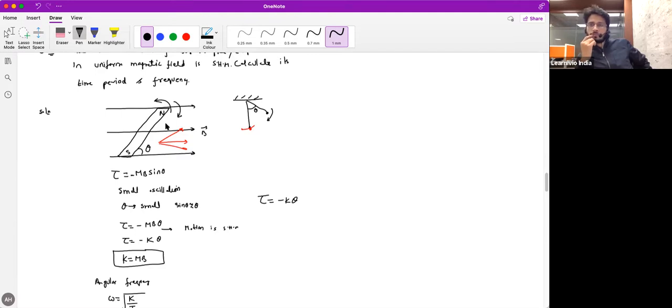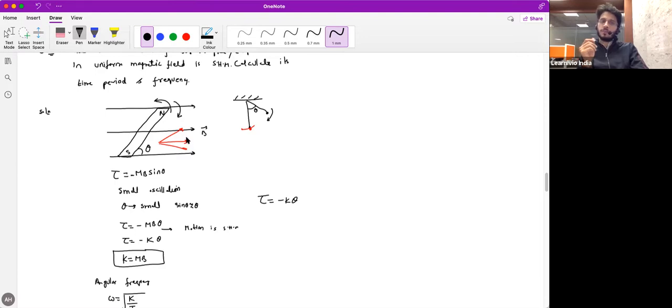Yes, sir. Try to bring the magnet towards the direction of the magnetic field. Yes, the torque will try to align it in the direction of the magnetic field, right? So if we start from the initial position, when the bar magnet is parallel to the magnetic field, there is no torque acting on it. This is an equilibrium. When you disturb it, some torque will start acting, and this torque will try to align the dipole back to its equilibrium position.